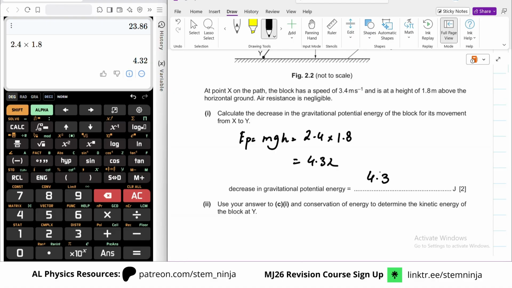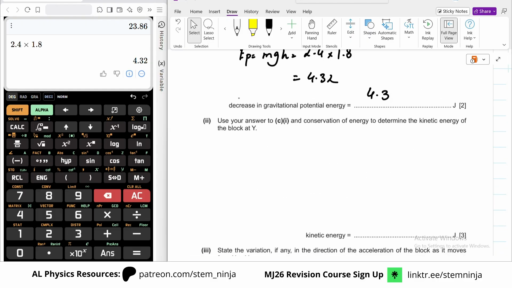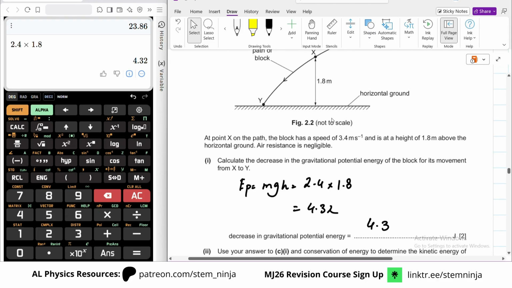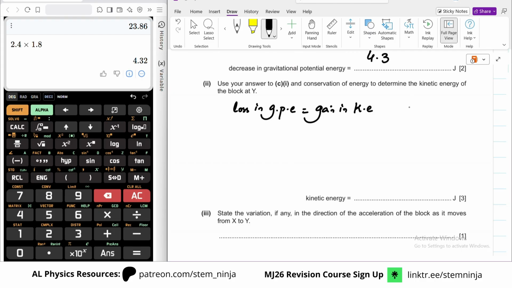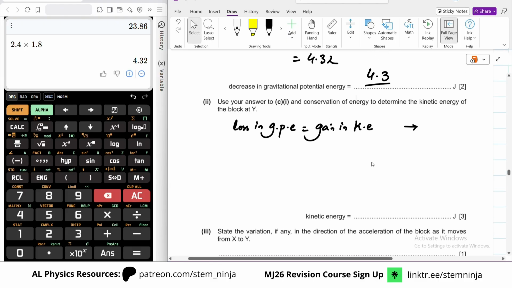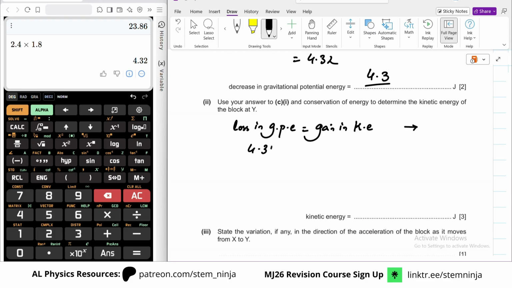Use your answer in C1 and the conservation of energy to determine the kinetic energy of the block at Y. So we already know that the loss in gravitational potential energy is equal to the gain in kinetic energy. There is no air resistance, right? So this is the conservation of energy principle. So your mgh that we have actually found, 4.32, is your gain in kinetic energy. So 4.32 is equal to,